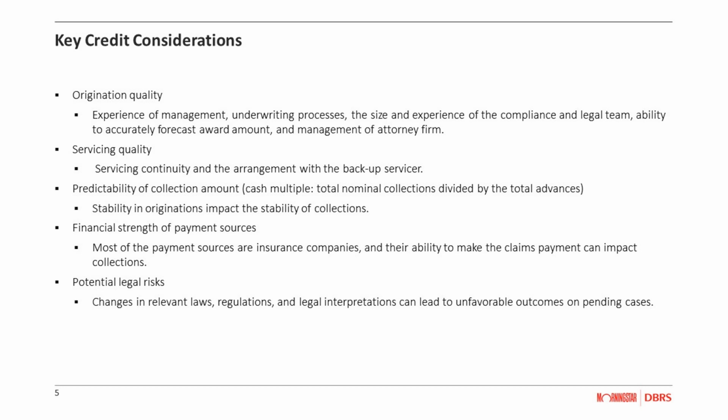And just like other consumer assets, DBRS Morningstar considers quality of origination and servicing. So in origination quality, for example, we look for the experience of management, the underwriting processes, the size and experience of the compliance and legal team, ability to accurately forecast award amounts, and management of attorney firm panel and healthcare